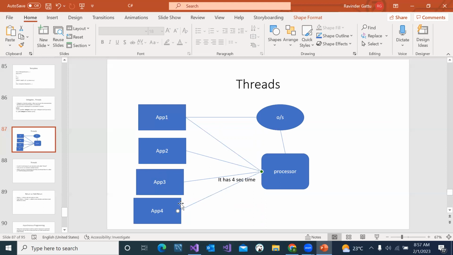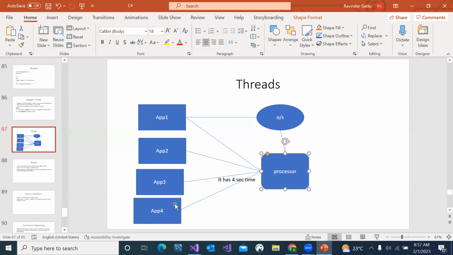You will see some difference in the speed, right? If I open 10 applications at a time, obviously all applications will not be working that fast. It will slow down the speed. Why? We have only one processor. It has to serve all applications at a time. So what happens? Whatever the idle time that your processor has, that will be distributed among all applications that